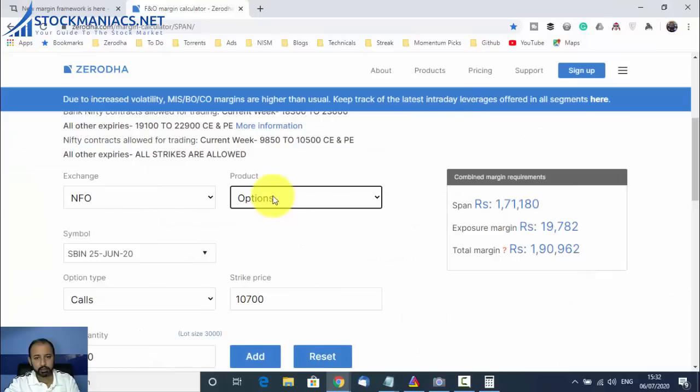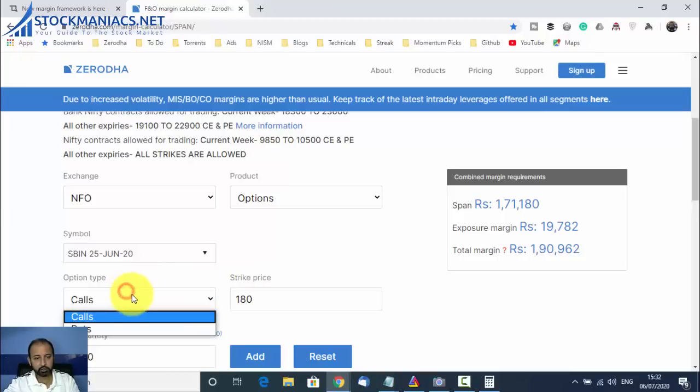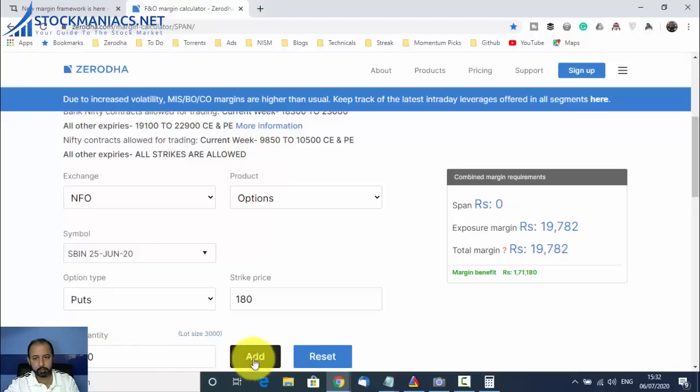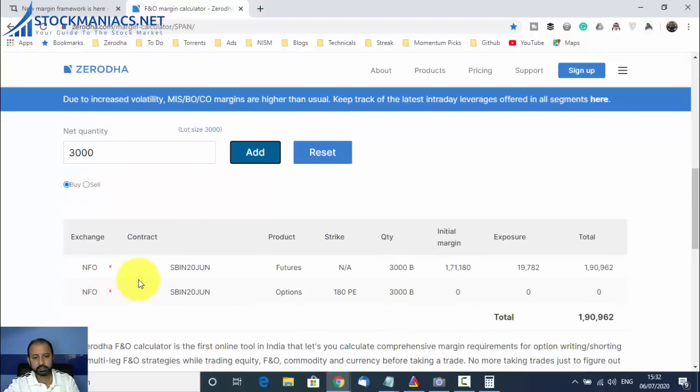So option, and here it is 180 and the option type is put. So we will add. You can see, my dear friends, we have bought SBI futures. So the total margin required was 1,90,962